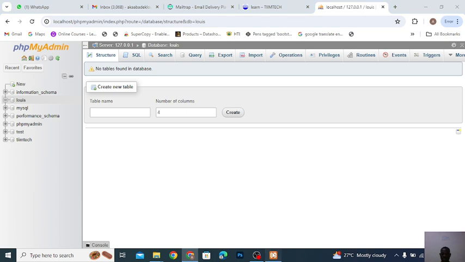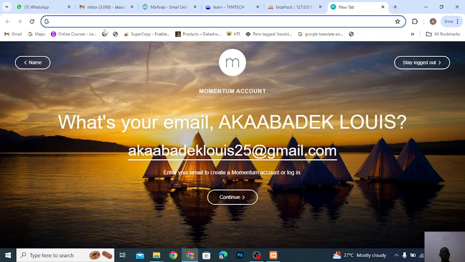So we'll come back to our control panel. I have finished creating the database. Just open a new tab here on your browser. I don't know whatever browser that you are using. Just open a new tab. Okay. So when you open the tab, you type localhost